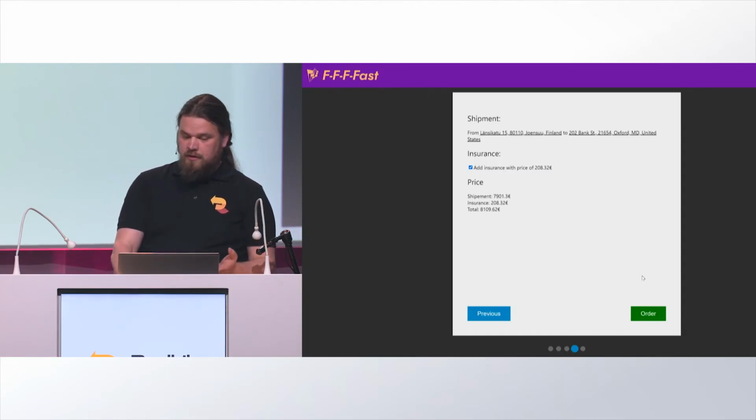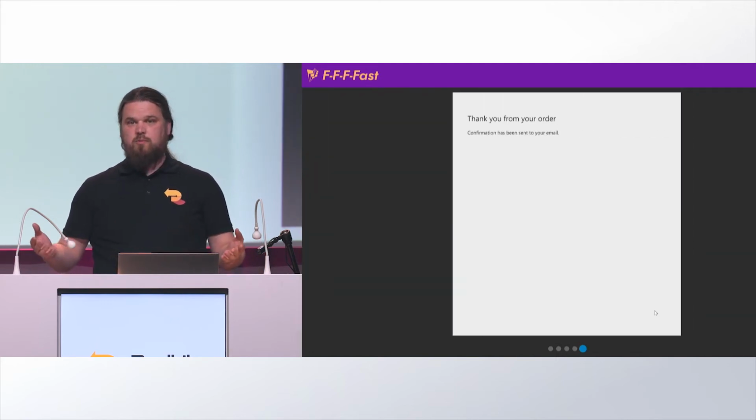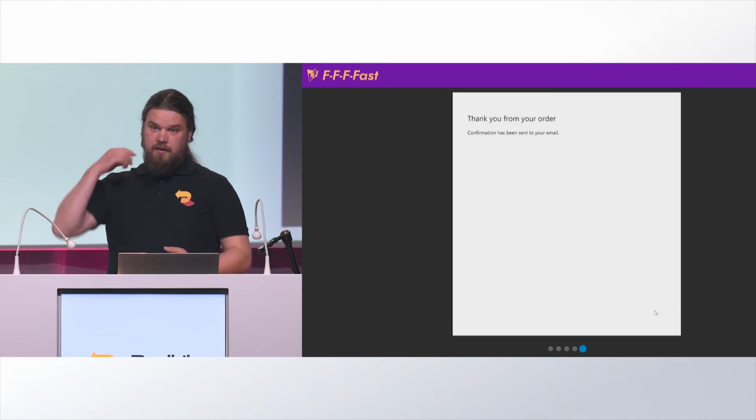When we actually want the insurance, the only thing you need to do is check the box, say order. In most of the world, that would be it. You are now insured. In the EU, we do need to follow the Insurance